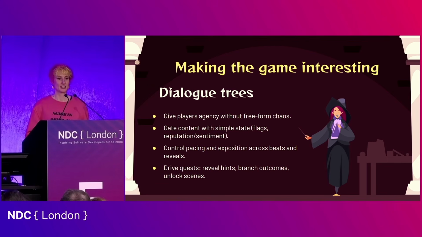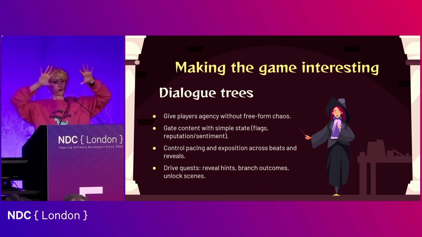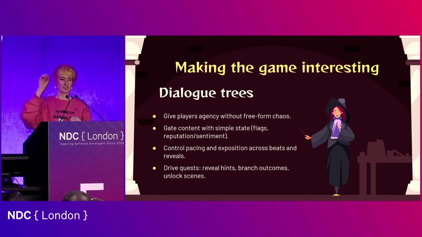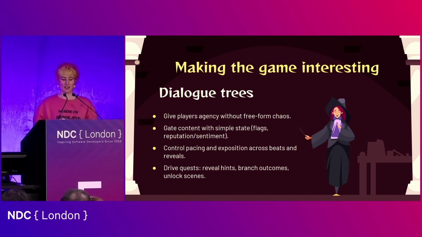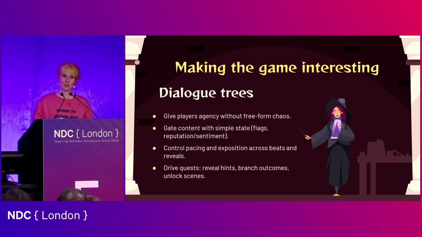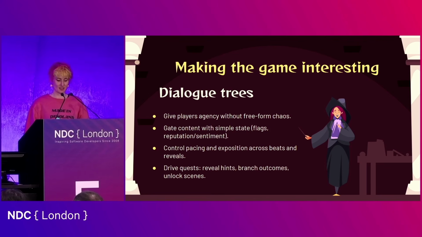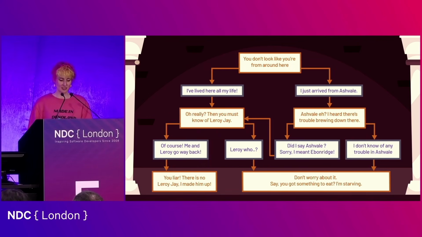So we can think of a dialogue tree like a branching graph of conversations. Each node contains an NPC line and then a set of player options for which one they want to choose to respond to that line. And each option may apply effects like changing sentiment or setting flags, and that's going to point to the next node or the end of the conversation. And it lets our stories adapt to allow the players to make choices while staying coherent.